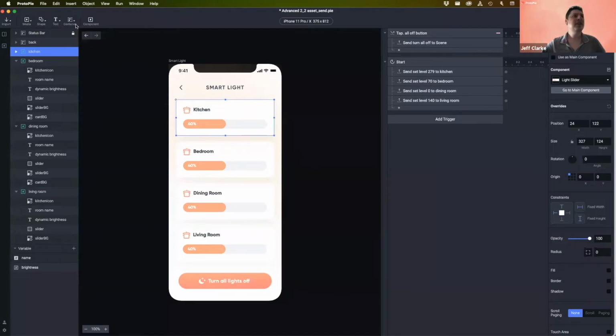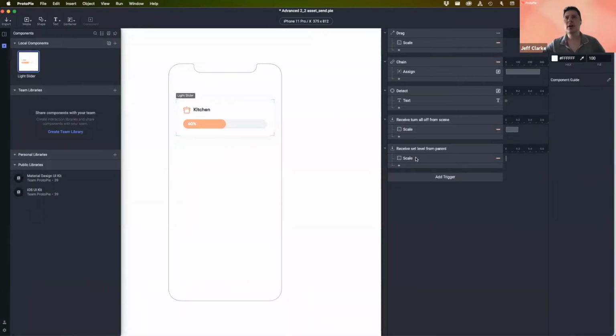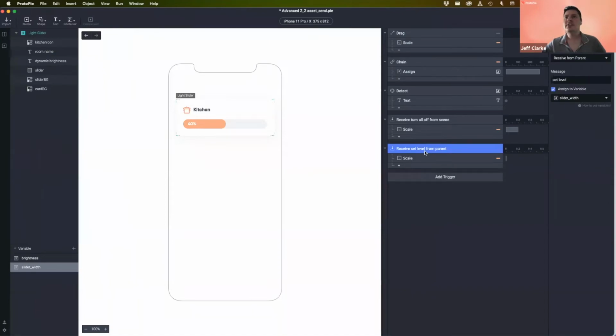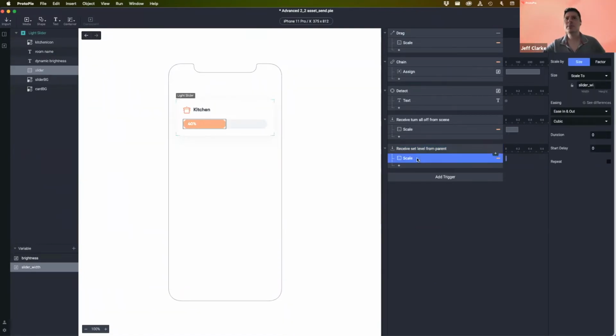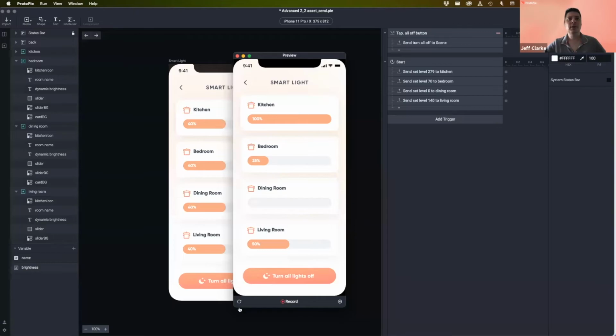Okay, the last thing we did was, I'm going to go back into the main component. The last thing we did was we turned off the animation. So when this set level is received from the parent, we were sending this right as the scene starts. So we might not want that to be animated. We might just want that to be instantly in position. So if I go back to the scene and now preview this, you're going to see that my items are in place, and it doesn't matter if I change the value on here, you're going to see that it's automatically in place,